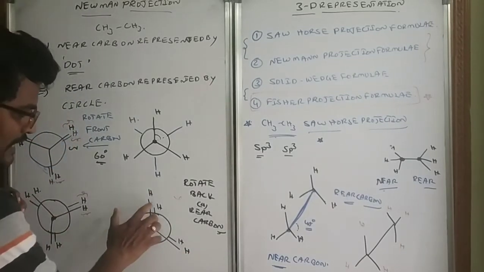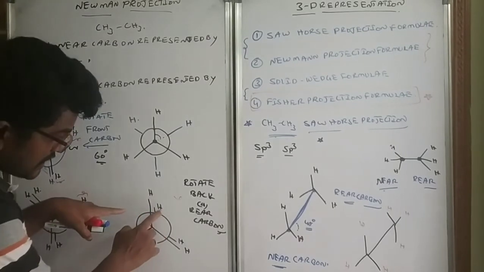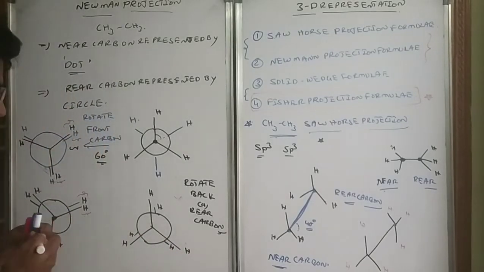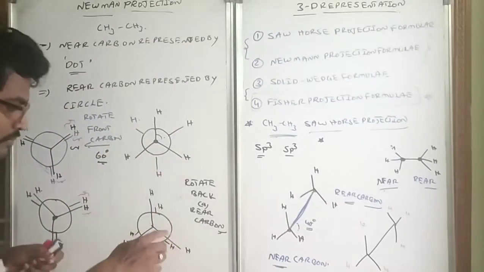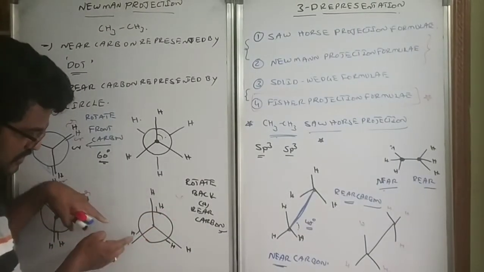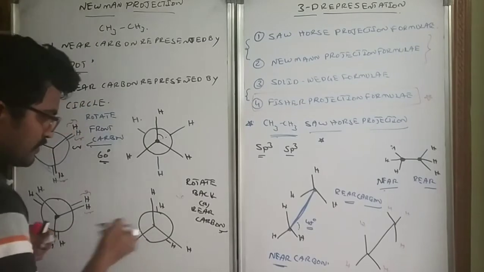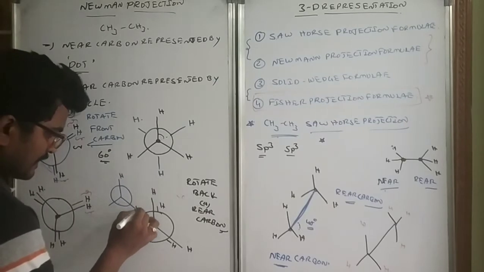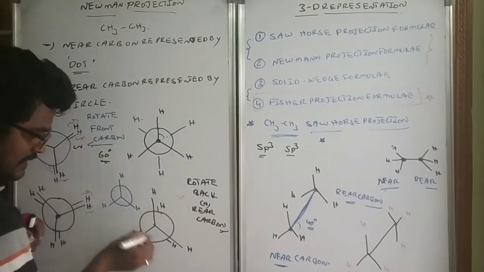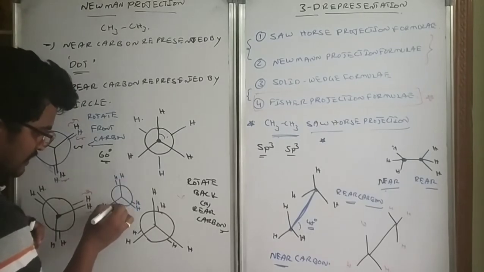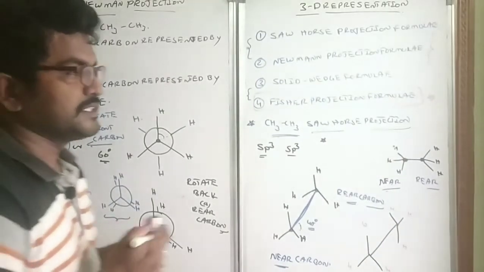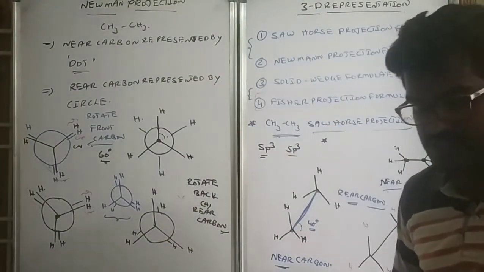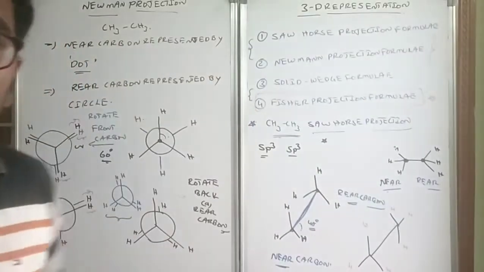Remember, if you write the rear hydrogens on the right side, keep them on the right side only. Here confusion will come about where to keep them. No problem. If you once write this on the right side, you always write it on the right side. If you write it on the left side, see this. This is the near carbon, and the rear carbon is coming this side. If you write on the left side of that one, you keep writing on the left side of this. Like this you can continue doing the problems, or you can write the Newman projections for any compounds. Hope you understood this.